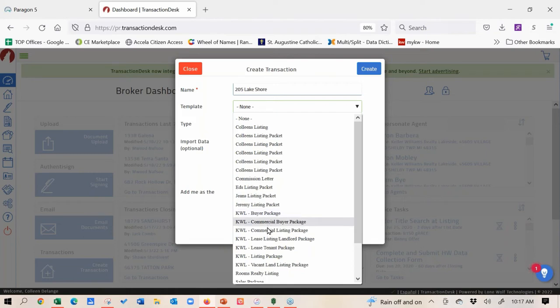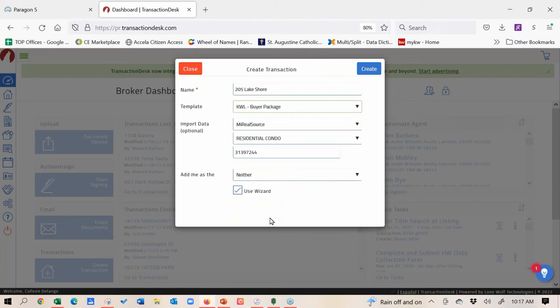So again, these are just a few examples that my company has set up, but you could really create your own. If you're doing a particular niche type of business, you could set up a package that's best for your business. And I'm going to show you again how we can do that step by step. So I'm going to apply my buyer package, and you can see it's already starting to pull the information over